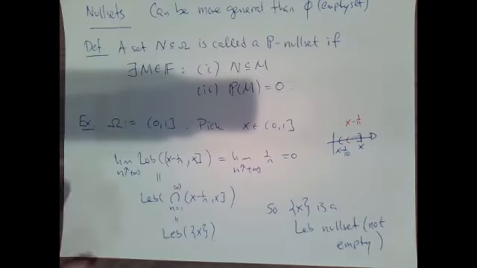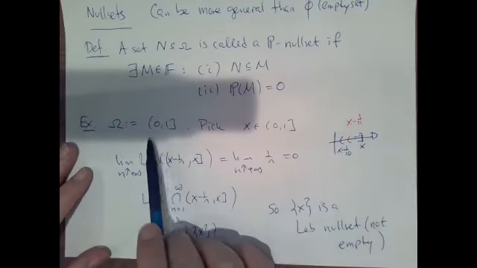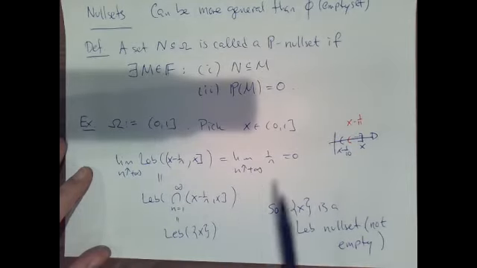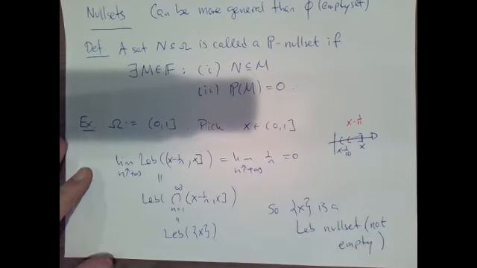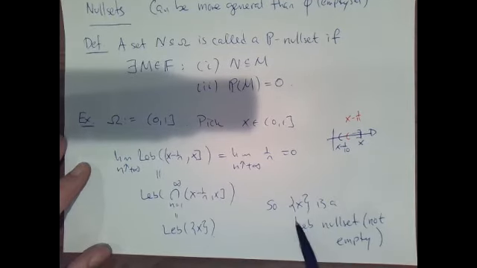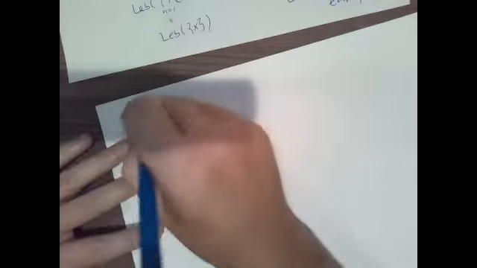So for example, if you're talking about the Lebesgue measure on the interval 0 to 1, there are lots of non-empty null sets. For example, all these single sets with single points. From here this can be generalized, so you can get many more. But we know that